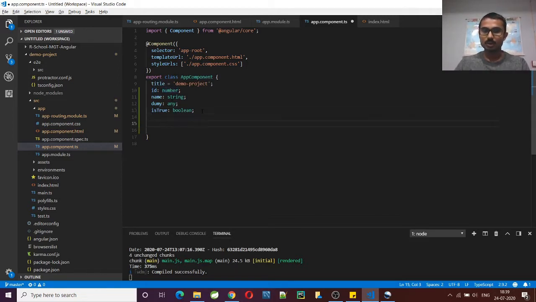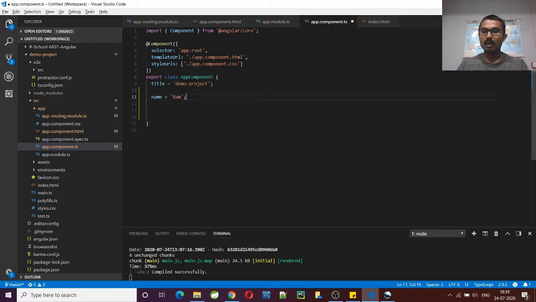So let's assign some value to the name. Here name is already created, so it won't allow it. Here itself I'm doing that, just to show you how to create data types in the variables. So I'll create name equal to, in single quotes, Ram.